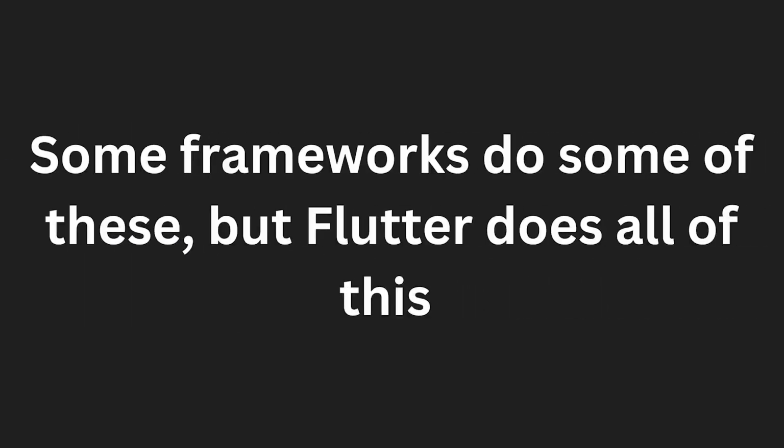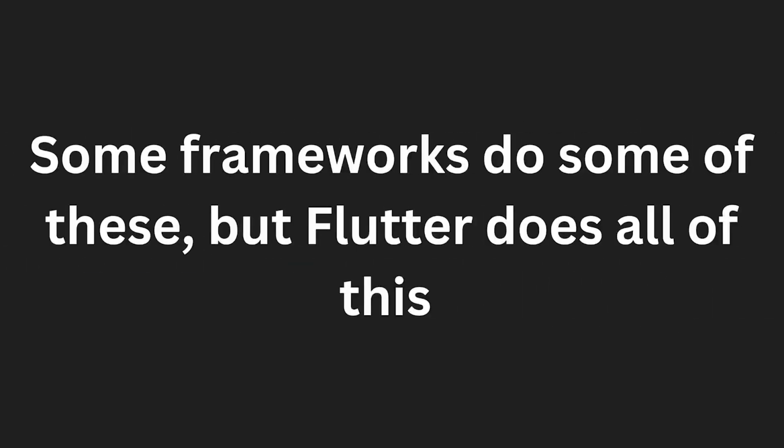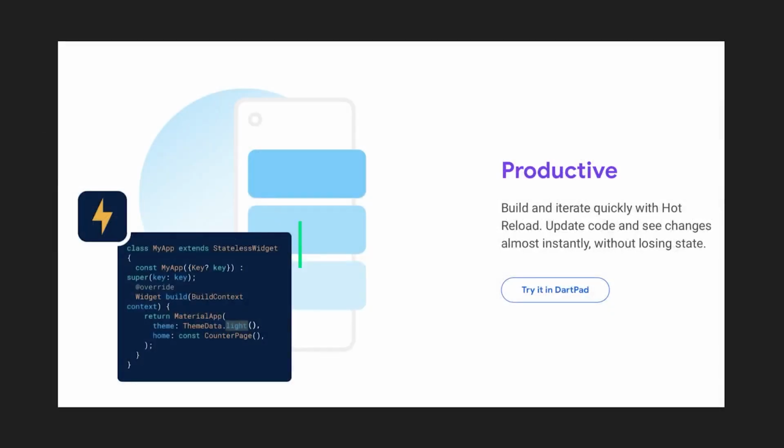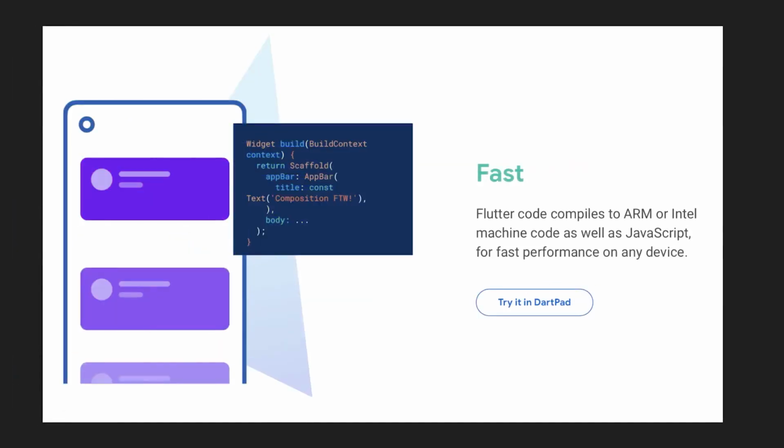So there are some other frameworks that do some of these things. For example, there's other frameworks that are open source, but they might only be able to make websites. There's even some multi-platform frameworks out there, but they might not be supported by Google, or they might not be natively compiling. So Flutter is the one that does all of those things right out of the box. And if that's not enough, Flutter does some more things. So you can hot reload in Flutter, which means you can see your code changes happen almost instantaneously as you save them. It's also very flexible and lets you control every pixel on the screen. And kind of the last point we mentioned already, it compiles to the native language, so it's very fast.